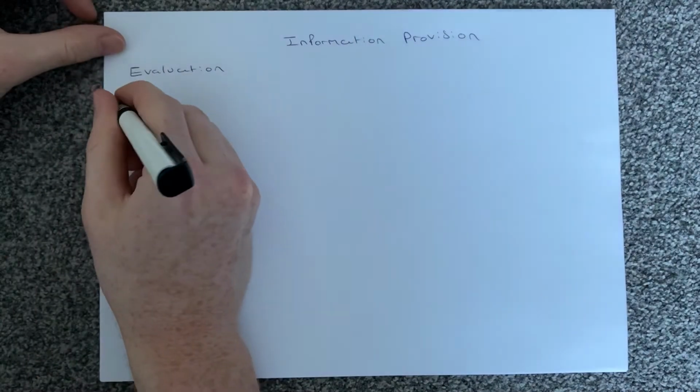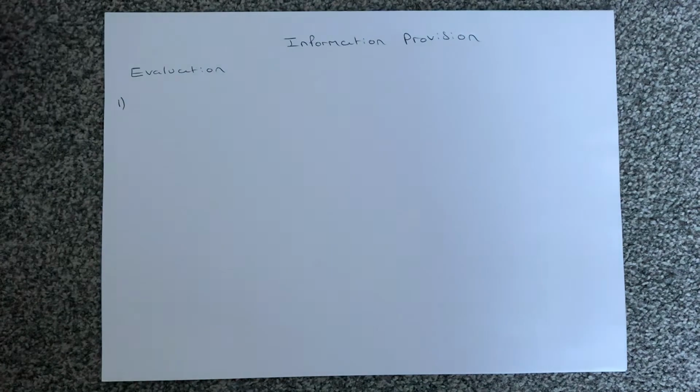Hello. So in this video, we're going to evaluate the effectiveness of information provision. So basically what we're looking at is information provision, i.e. providing information, is that going to solve market failures? Okay. So first point we need to consider when we evaluate the effectiveness of information provision is we need to